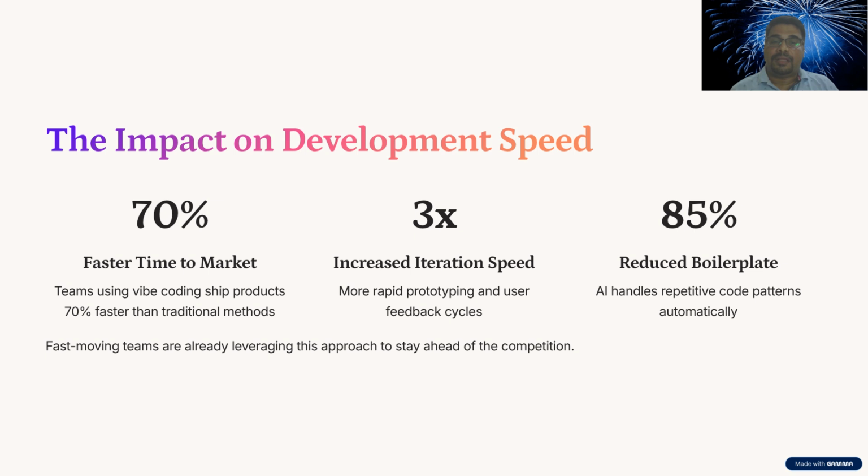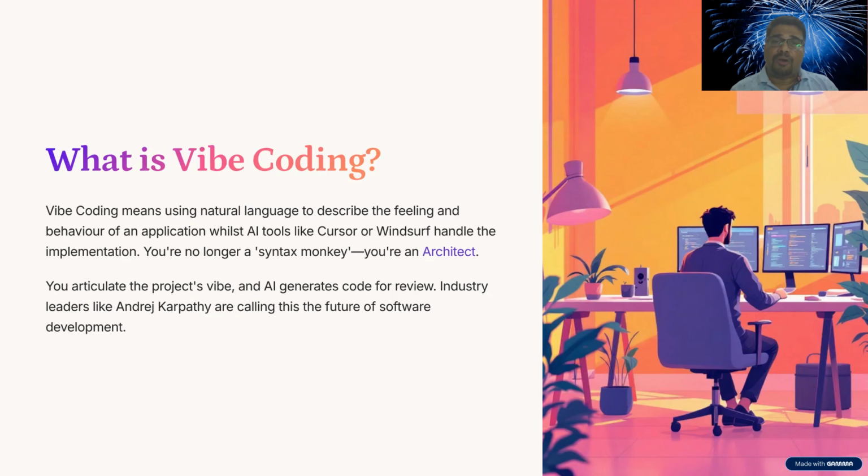And if you are a technical lead or a program manager or a project manager, you need to understand these shifts immediately. We are moving from writing every single line to steering an AI agent, and it is called vibe coding. It's how the fastest teams in the world are shipping apps today, right? So let's see what vibe coding is all about.